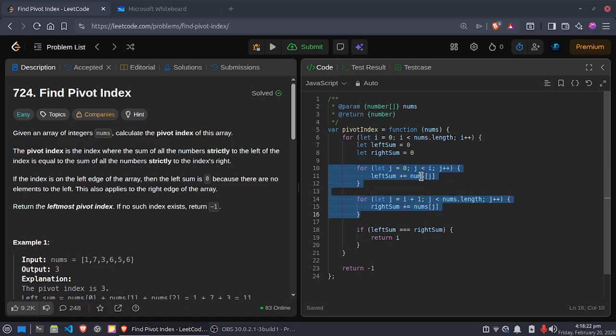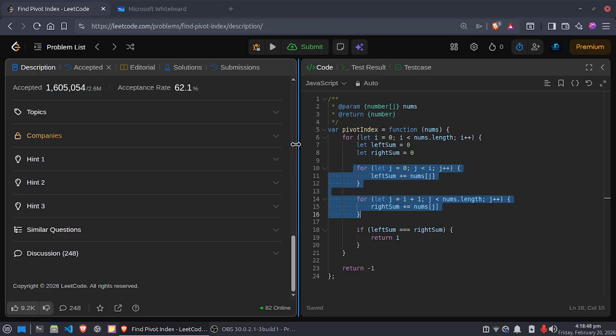These run again till the length of the array. So this is not an optimized version, because the time complexity here is big O of n square, because we are calculating left sum and right sum every time, and space complexity is big O of 1. There is no issue with that, but time complexity here is big O of n square. So we have to optimize that time complexity. For that we have to use, let's say here